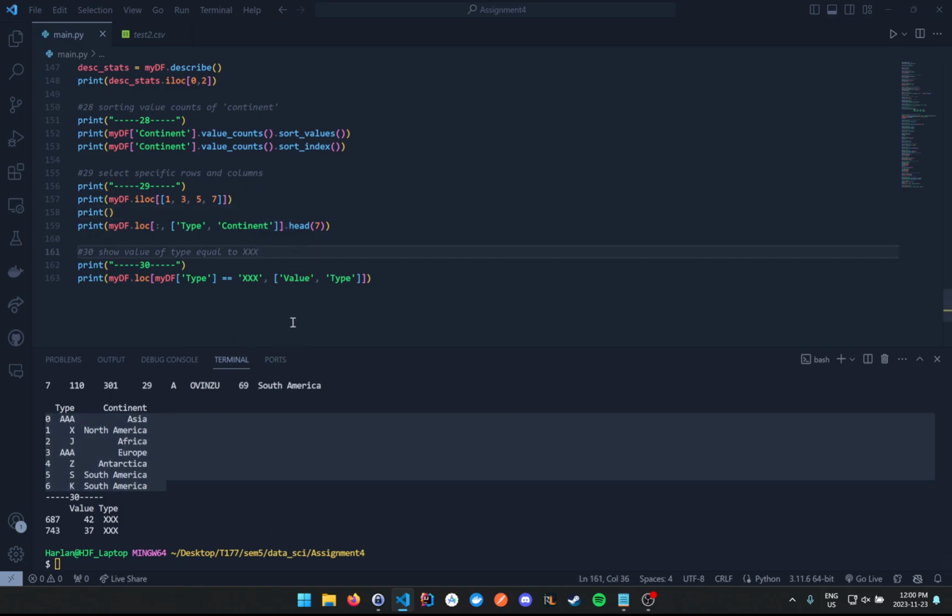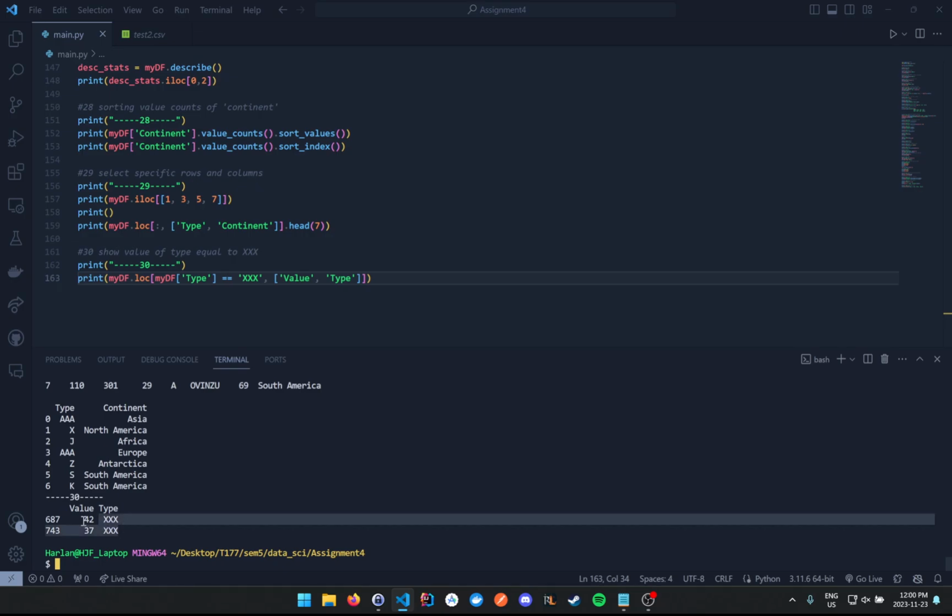And then for 30, we're showing the rows where type is equal to XXX, so we replaced some stuff earlier on. In 30, we can see that we've got row numbers 687 and 743. They are both type XXX, and their values are